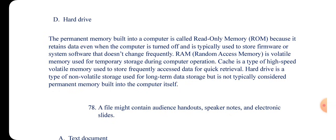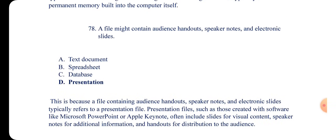Do you get it? So that is the answer. ROM is a permanent memory, but RAM isn't a permanent memory. RAM is a temporary memory. You understand the differences now. Let's move forward. 78. A file might contain audience handout,